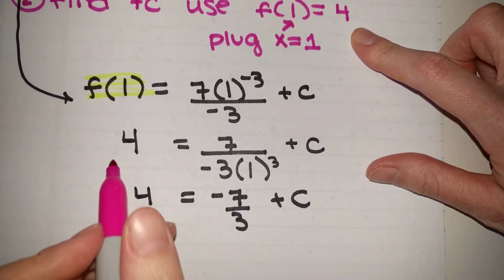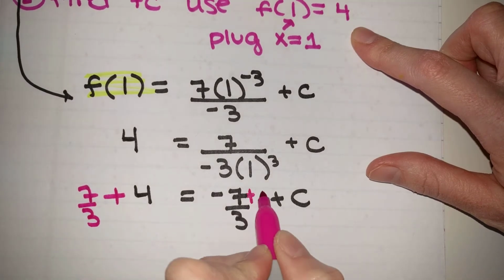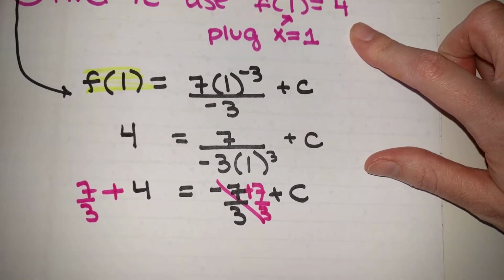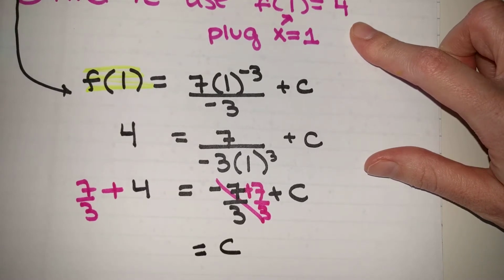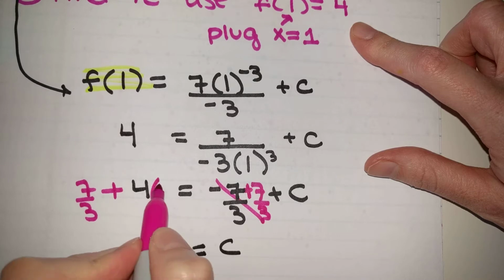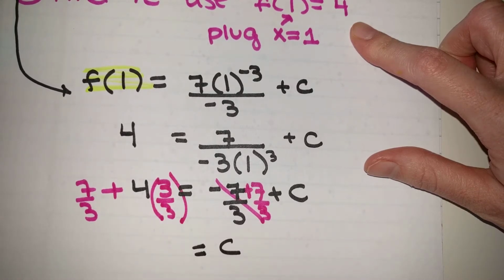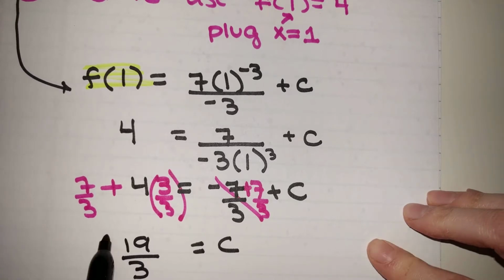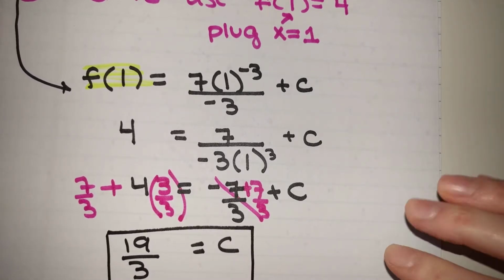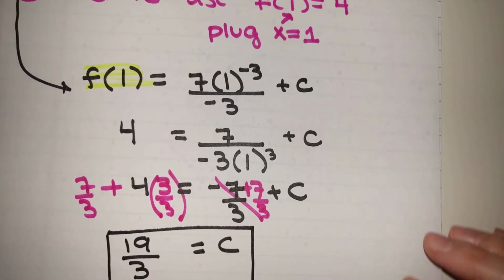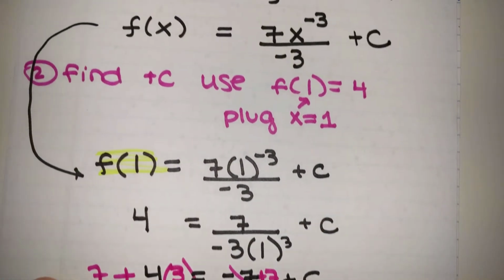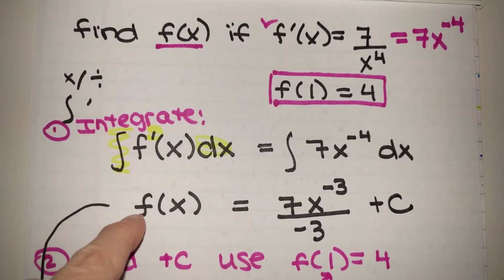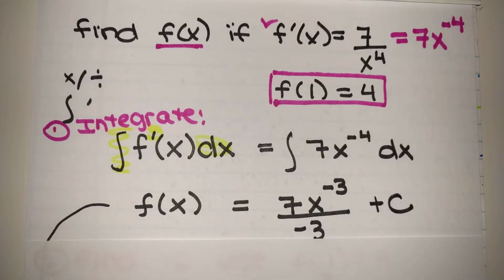To solve for c, I will add 7/3 to both sides. You should be able to get a fraction here without a calculator of any sort. Here I have 4 over 1, so I'll multiply 4 by 3 over 3. That gives us 12 plus 7, so 19 over 3 is equal to our c value. Now, just saying that c is equal to 19 over 3 is not the final answer because we need a function. So we're going to use the fact that c is equal to 19 over 3, coupled with what we found from step 1 of integrating,